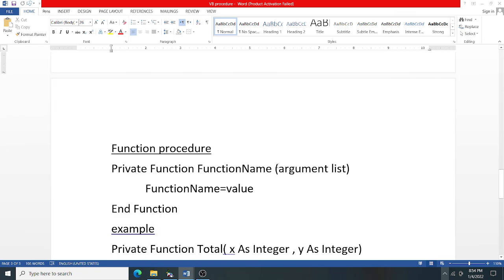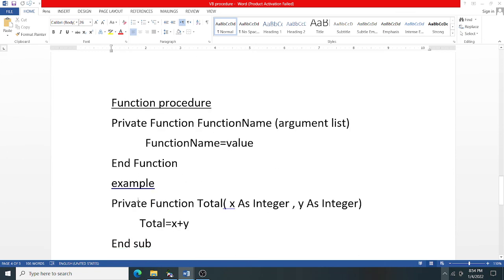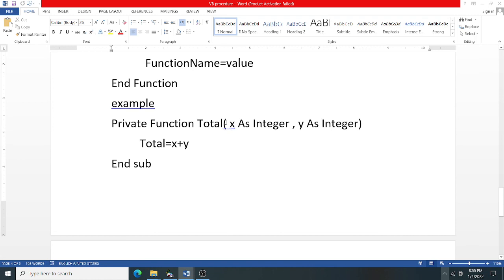Next go to the function procedure. Function procedure means private function, the function keyword, then the function name, here the formal argument list. Here x contains the copy of a, y contains the copy of b, if a, b are actual arguments. So total equal to x plus y.